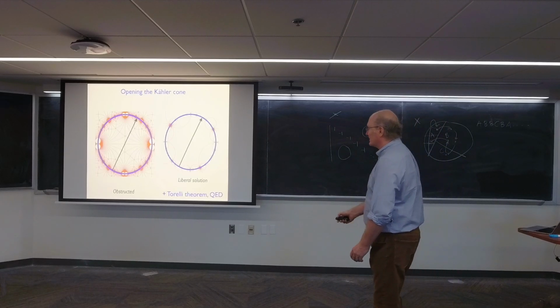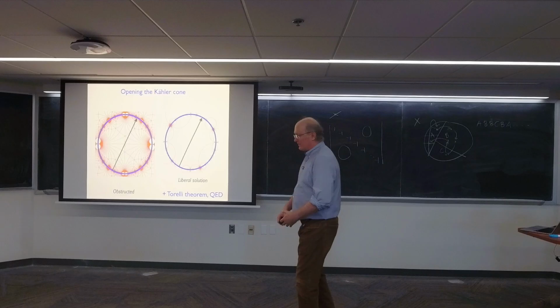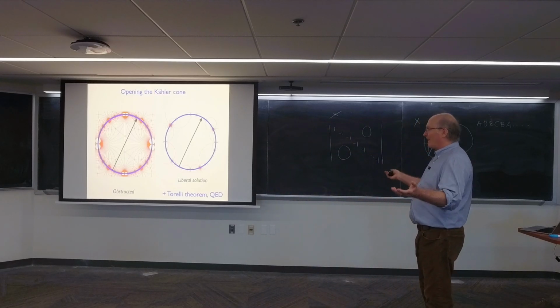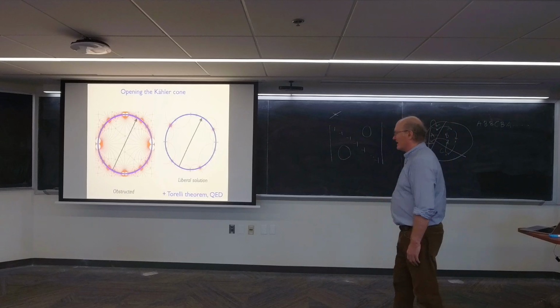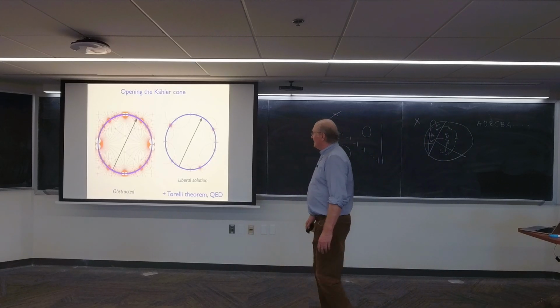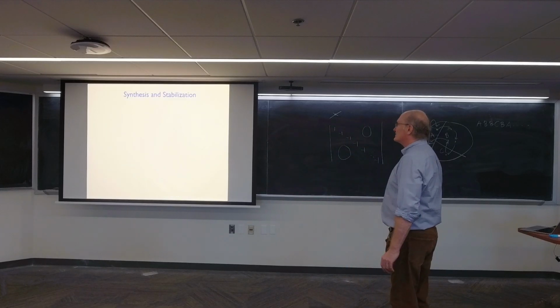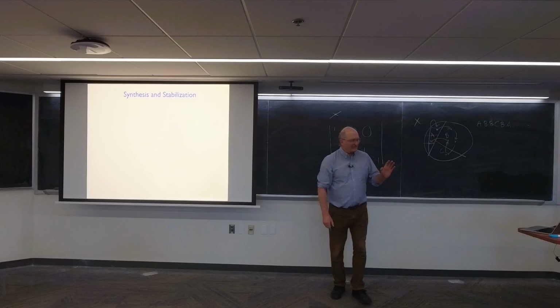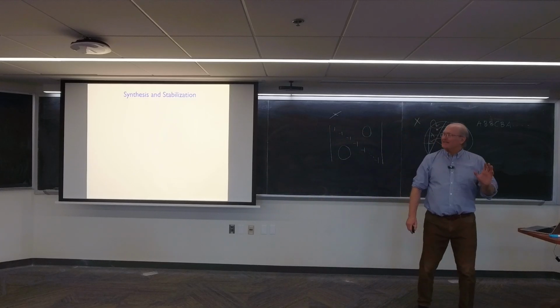Okay, and then finally, there's a Torelli theorem, which says if you can construct the example from the perspective of Hodge theory, then it actually exists as a complex manifold. Okay, so I'd like to depart from K3 surfaces with the following neat observation, which is that in mathematics, it's